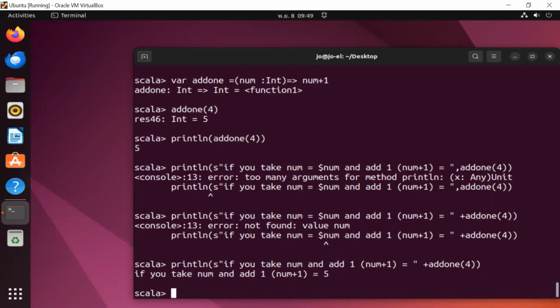So here we say, if you take num and add 1, num will equal 5, meaning num is 4. We passed 4 here, and then we get 5. We take 4 plus 1 equal to 5 because of the function we declared here. Through the exercise assignment which I give you, you have to implement the same thing.